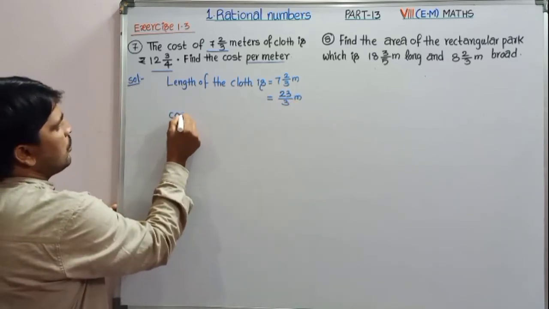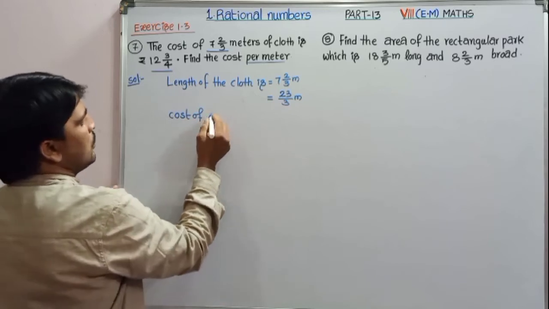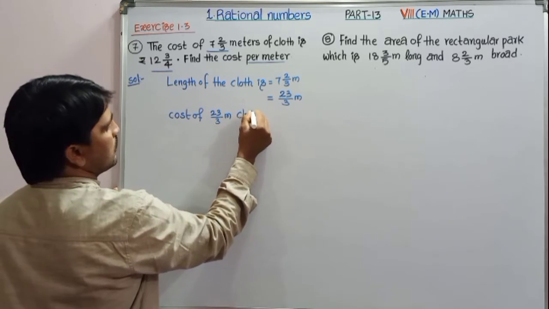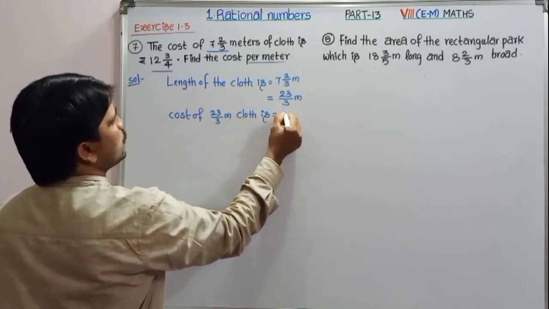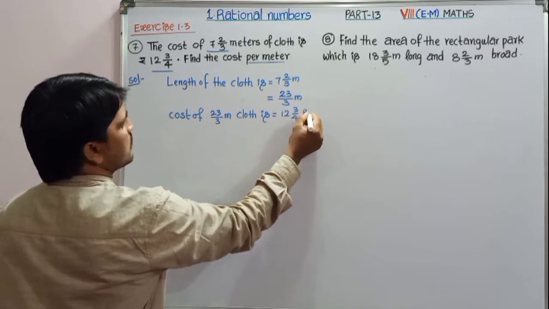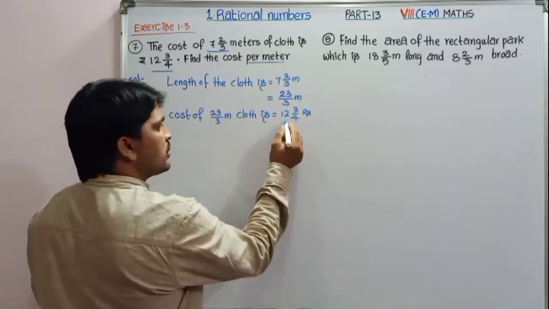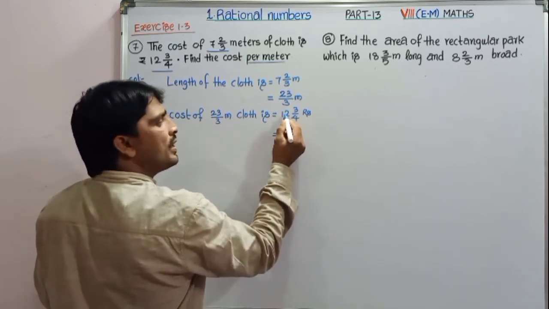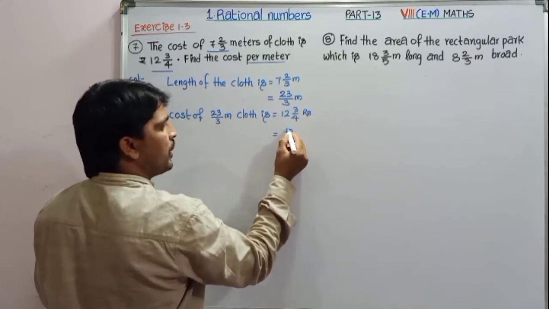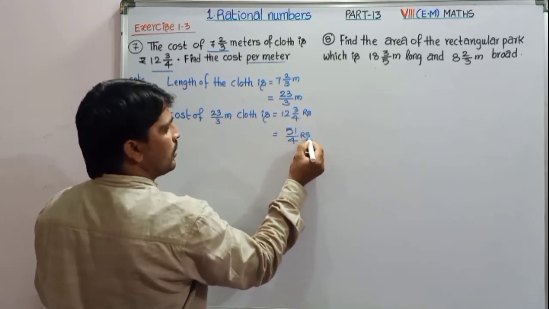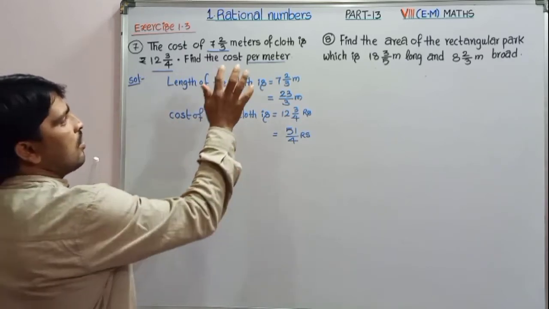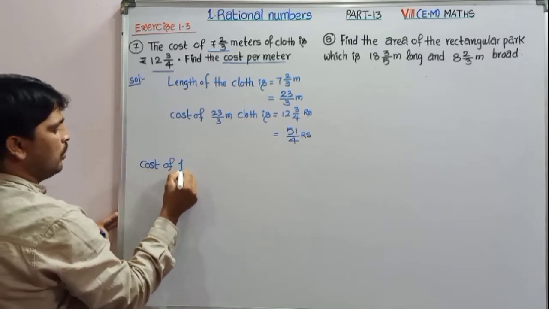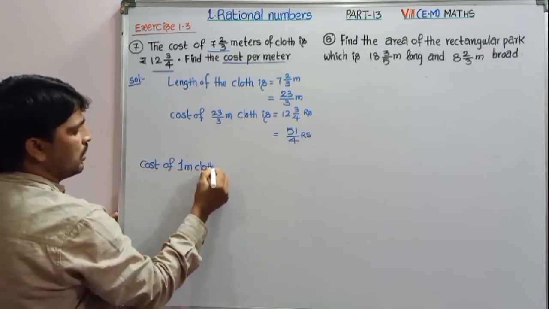And the cost of 23 by 3 meters of cloth is given by 12 whole 3 by 4 rupees. So the rupees is also in terms of a mixed fraction. Let us convert it into an improper fraction. 4 12s are 48 plus 3, 51 by 4 rupees. Now we have to find the cost per meter. The cost of 1 meter of cloth is equal to